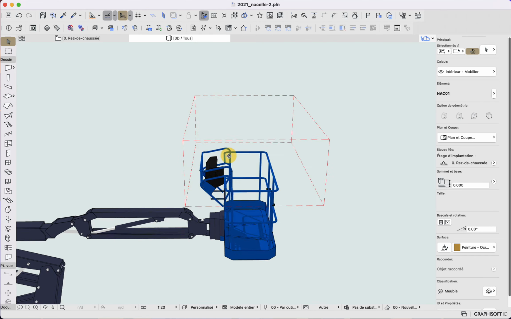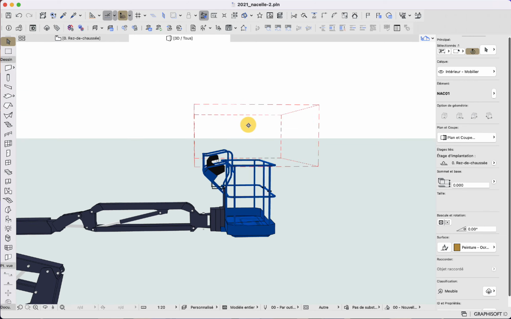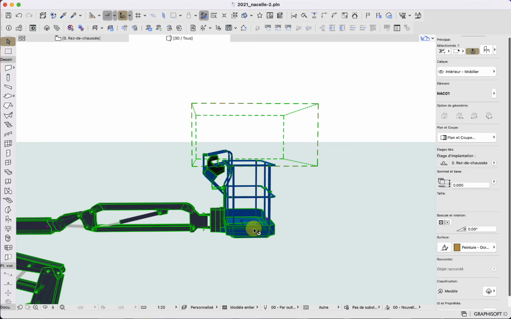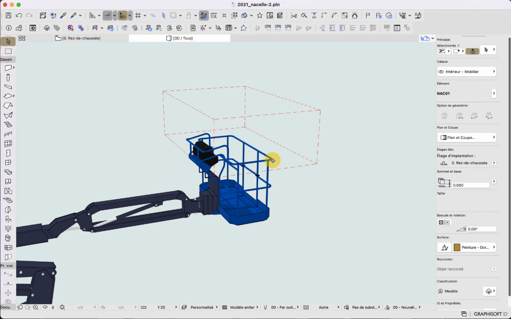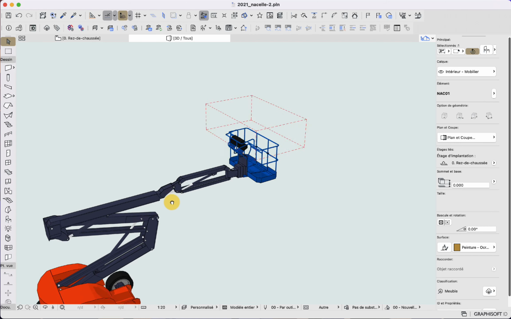Basically it is 50 centimeters outward of the basket and from the platform 2 meters high. This is the volume in which the operator is deemed safe. Anything more than that is deemed unsafe.